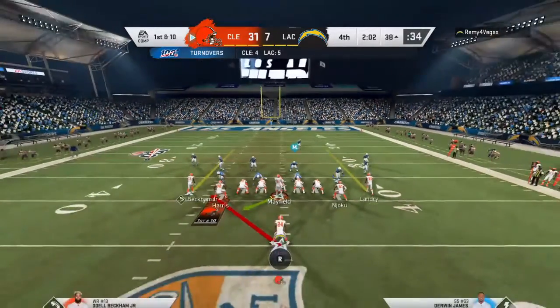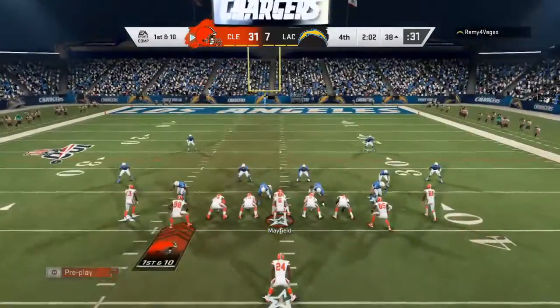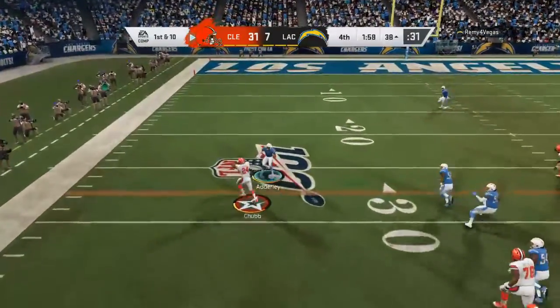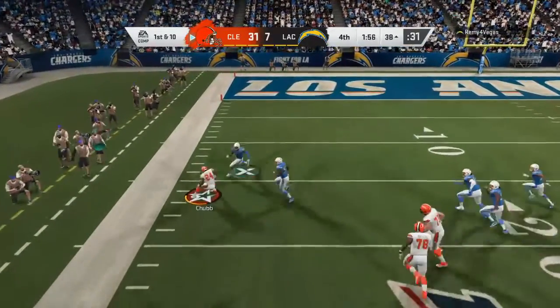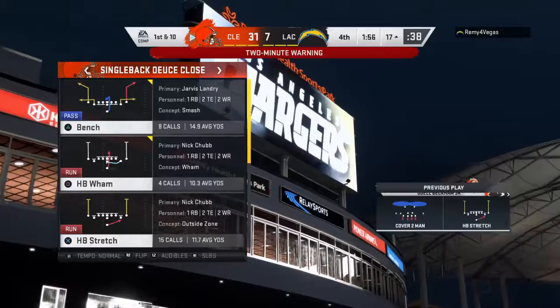So here's a 1st and 10 at the 38. Let's pin the mirrors back and go. Mayfield hands it off to Chubb. And bulldozing his way through. Let's go. Let's do